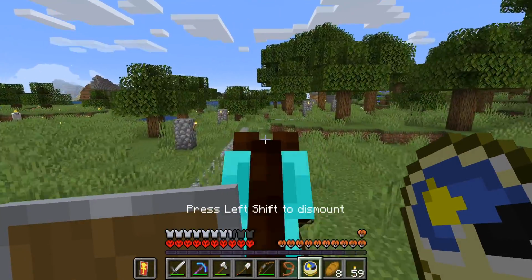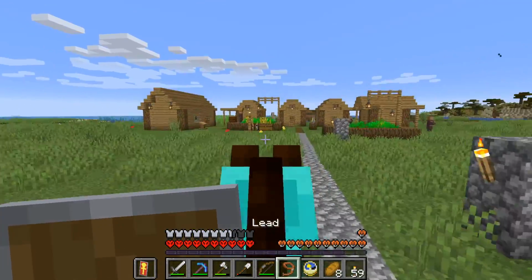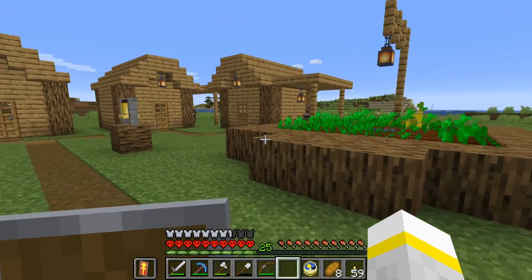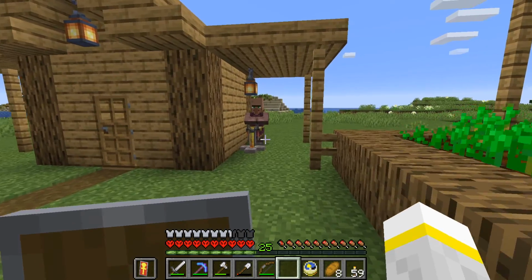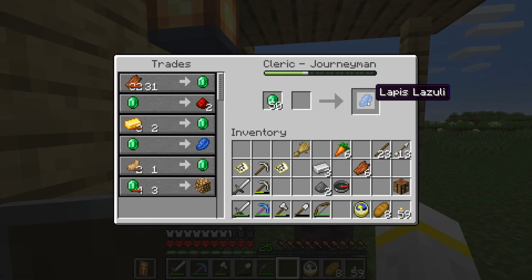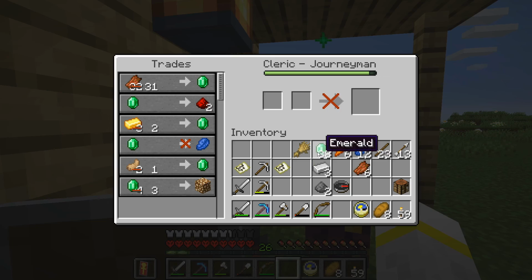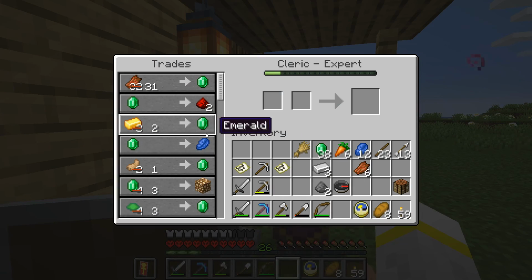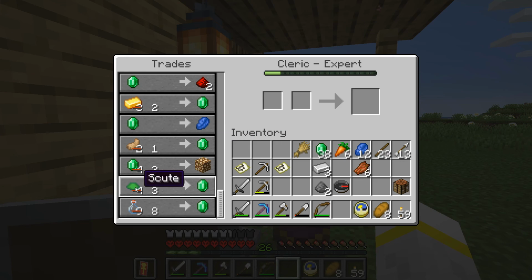And that's a shame. I could buy some lapis lazuli from you, cleric. That is something I don't have a massive supply of. And there's a fair amount of advancement to be had from that, so, you know what? Let's buy a bit of it. Actually, let's buy as much as we can get. 12! That may seem like a huge investment, but that has got you to expert, which means that you will